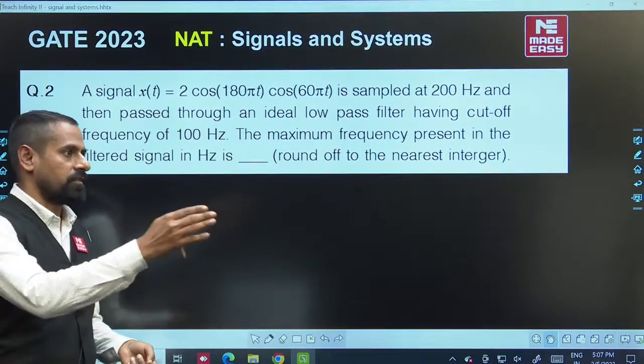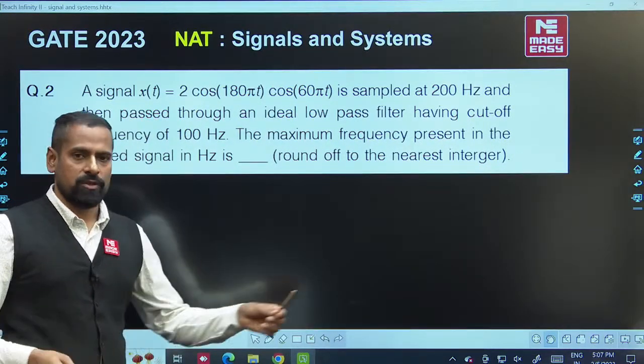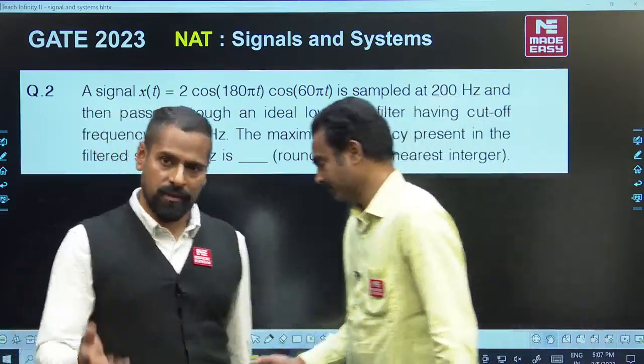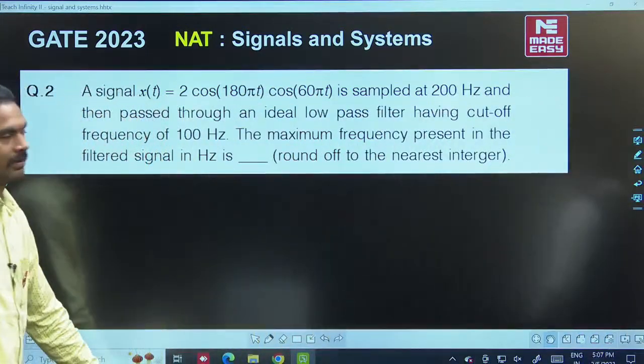ओके, अच्छा तो अब नेक्स्ट क्वेश्चन को सॉल्व करते हैं। लेट अस सी व्हाट इज नेक्स्ट क्वेश्चन। ओके, सो नेक्स्ट क्वेश्चन नवीन सर, कैन यू सॉल्व दिस? ओके, तो अभी नेक्स्ट क्वेश्चन नवीन सर सॉल्व करेंगे, उसके बाद फिर मैं आऊंगा वापस सॉल्व करने के लिए।